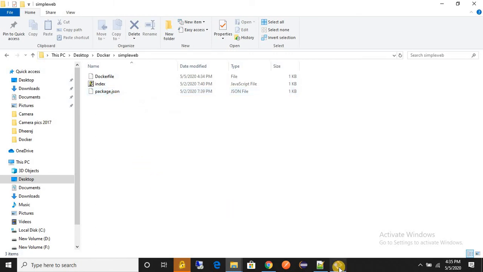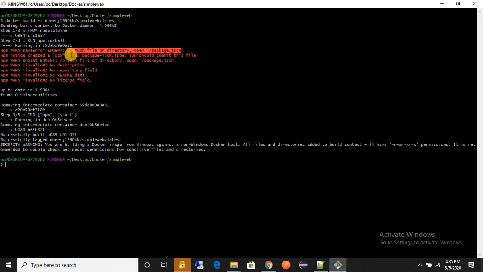But I am getting the error that our Docker daemon or Docker server is not able to find the package.json file. Why are we getting this error? Because Docker works on the Linux environment, and currently it's using some part of the hard disk.